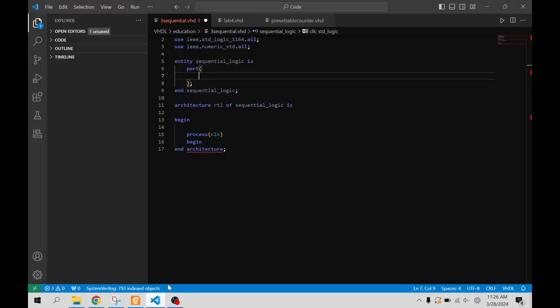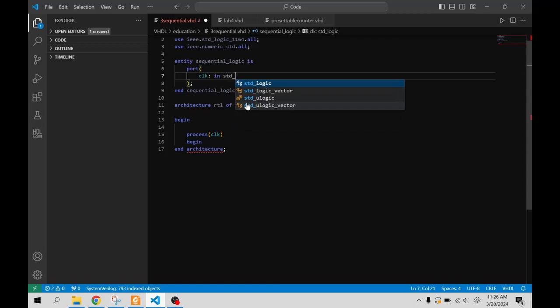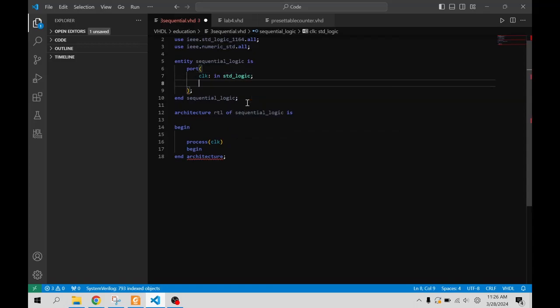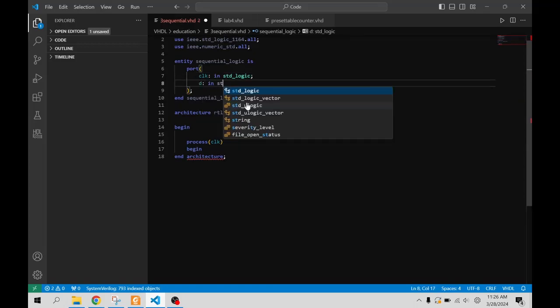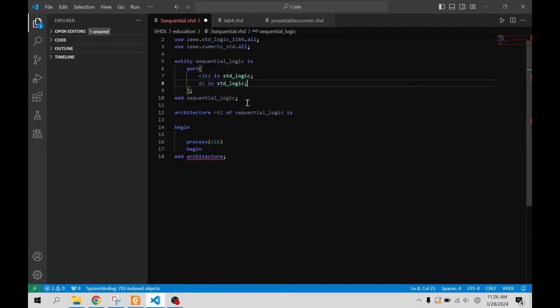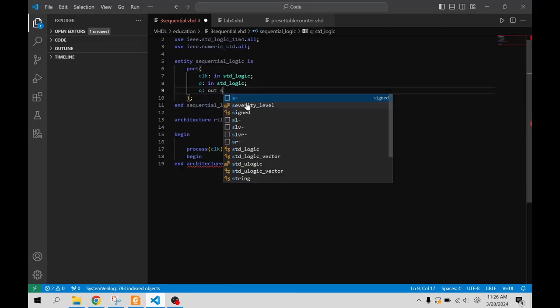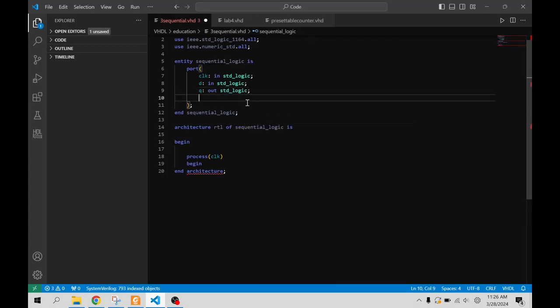So now we have clock is an in standard logic, D is an in standard logic, Q is an out standard logic, and QB, which is going to be Q bar or Q naught, is an out standard logic. Of course, we do not need that last semicolon because the last semicolon is on the parentheses of the port. All right, so